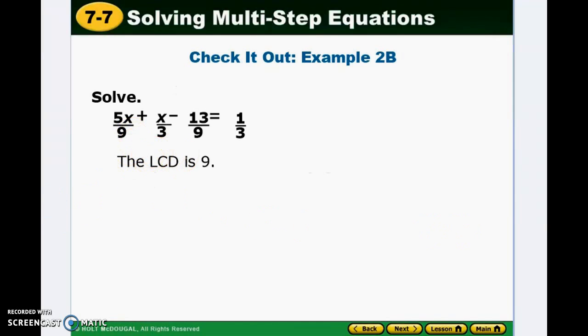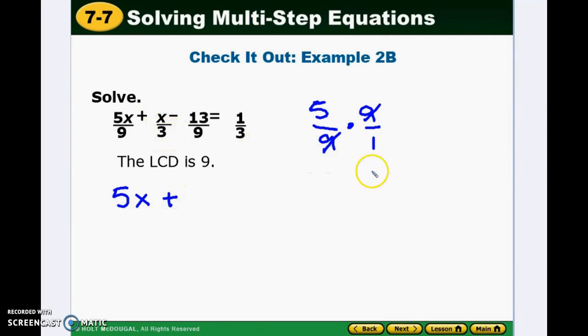All right, so here we're going to do this one. So again here, if you really want to take a look at this one, the LCD in this case is going to be 9, because you can turn both of these 3's into 9. So again, same step, multiply each term by 9. So we get 5. Do them to the side so your paper does not look like a hot mess. Again, times 9 over 1. So the 9's cancel and we're left with 5x